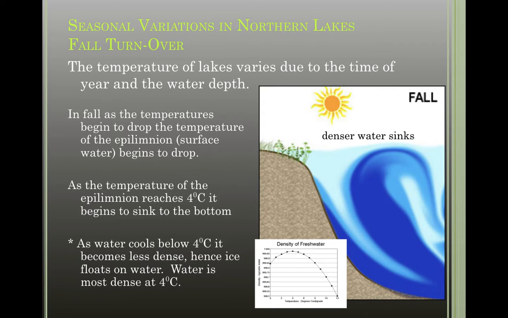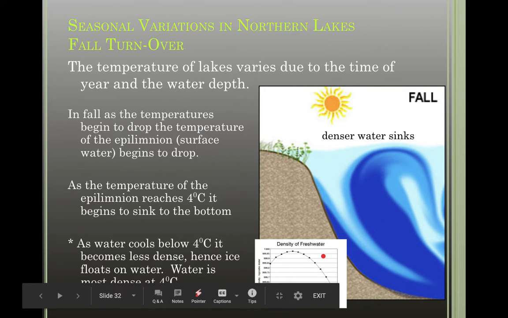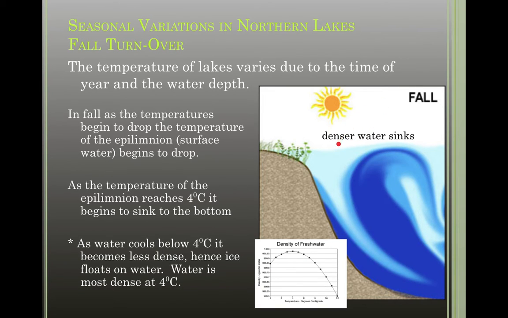Before I talk about the goodness of that, just to note that the most dense water is actually at 4 degrees. So this is the density of fresh water curve. You can look that up on the internet if you like. This is just the density of water curve here, and we notice at 4 degrees it's at the highest density. So it doesn't take the water getting super, super cold, just to 4 degrees, and then it starts